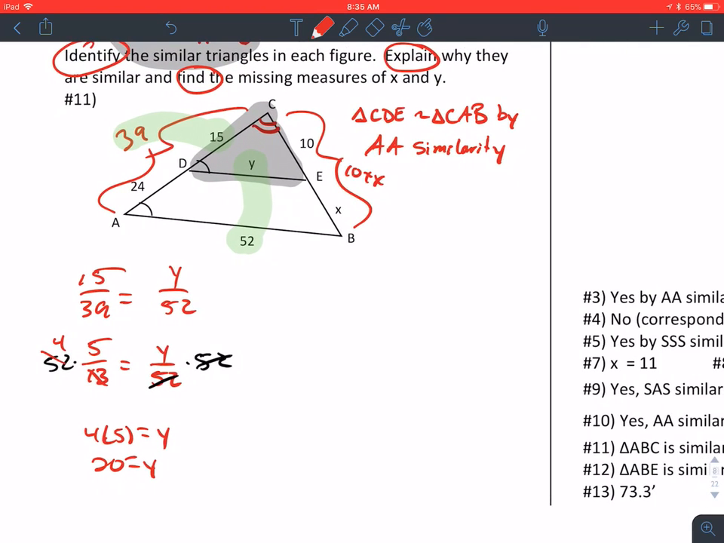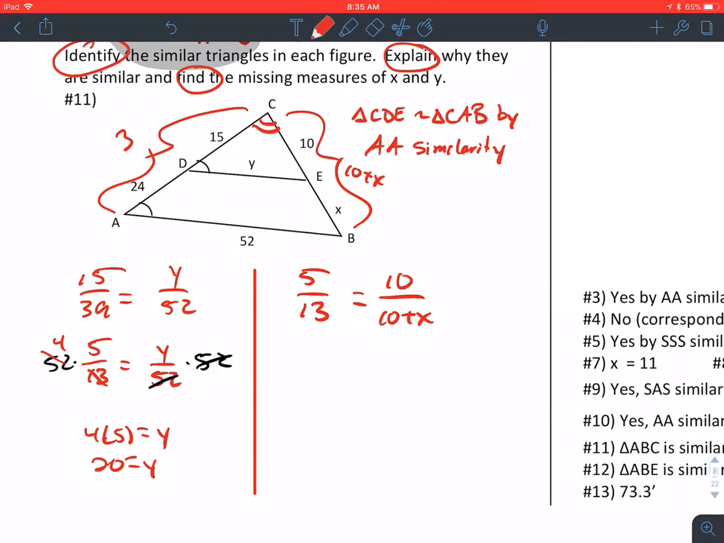Therefore, y is 20. Find the value of x. I'm going to use the same ratio, 15 over 39, which we figured out a little bit ago, reduces to 5/13. That's going to equal 10 over 10 plus x. 10 is this length. 10 plus x is this length. Those are corresponding. We multiply both sides by 13